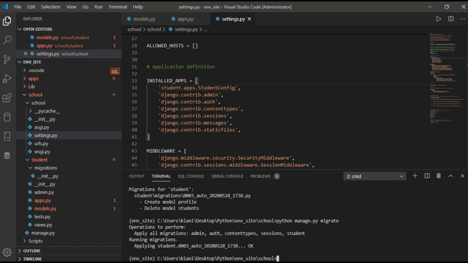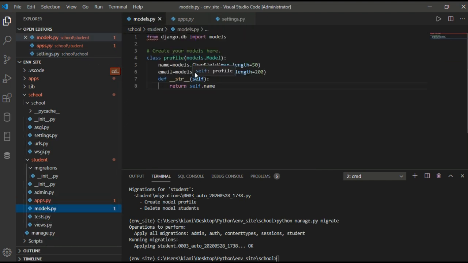Okay, now makemigrations will create the model Profile, but this will not create anything unless we provide another command that is called migrate.